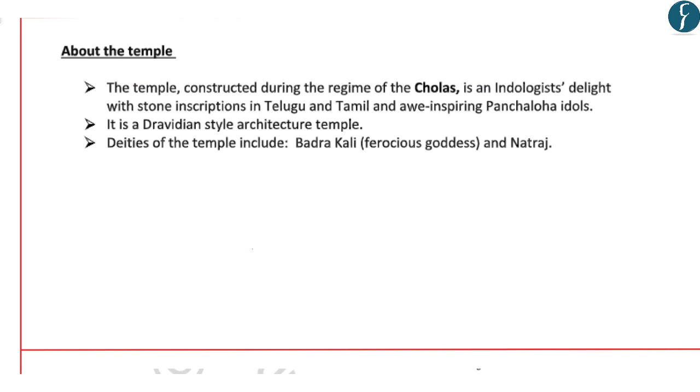Now, the historic temple of Veerbhadra Swami was constructed during the regime of the Cholas and also has some stone inscriptions in Telugu as well as in the Tamil language, along with Panchaloha idols. Another important aspect to be noted is that this historic temple is a Dravidian style architecture temple, and deities of the temple include Bhadrakali, that is the ferocious goddess, as well as Nataraj. So these are some of the important aspects with respect to the historical temple of Veerbhadra Swami, which is located